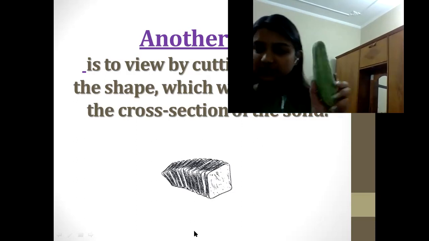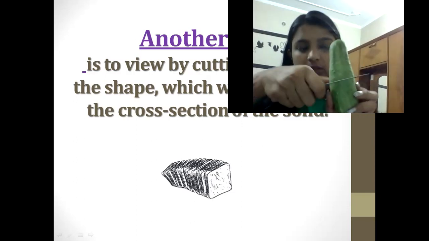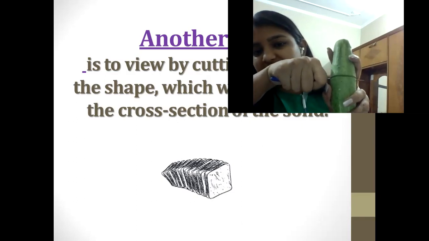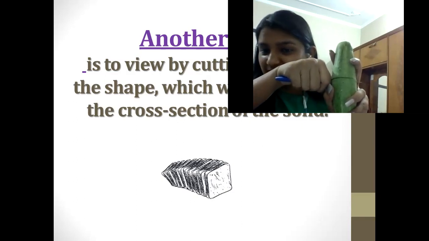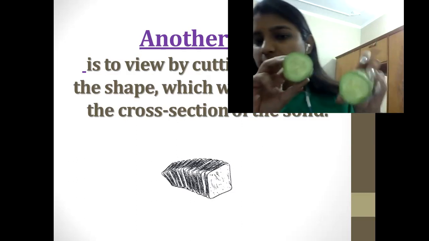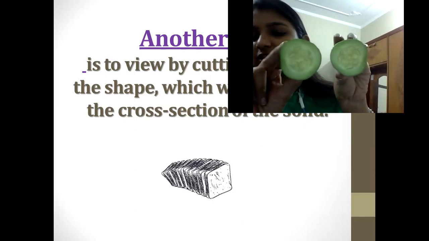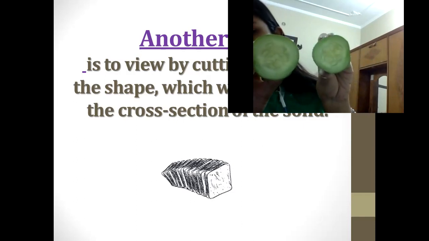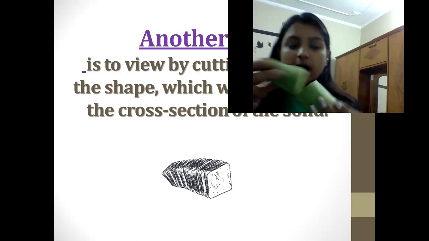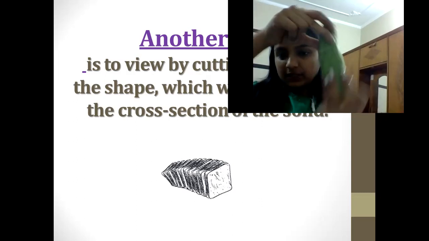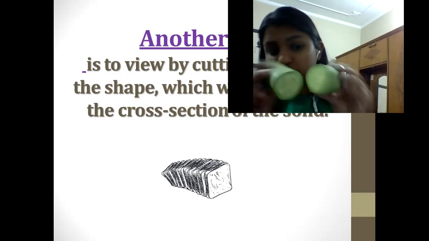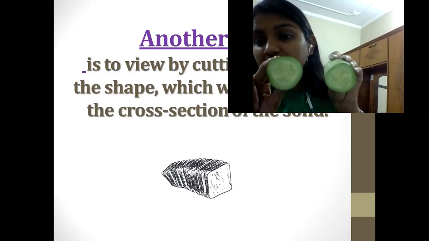Now here it is a cylindrical shape. I am cutting it from in between. I would be showing you horizontally and vertically also. Okay. Now I have cut it in between. Now what you can observe is what shape it has been converted into. Yes, a circle. I am converting a cylinder, after cutting it horizontally, into a circle, and vertically also I'll be showing it is converting into a circle.